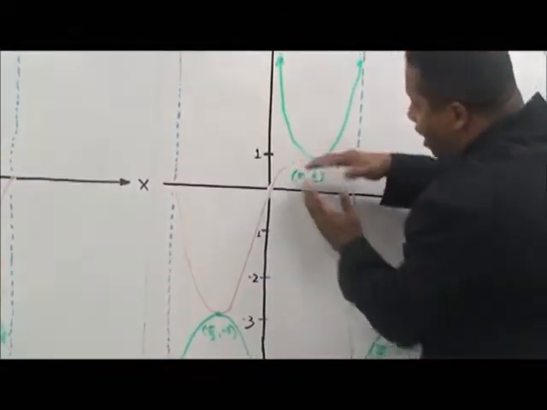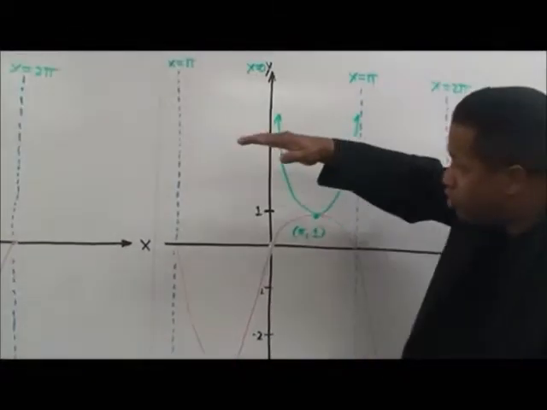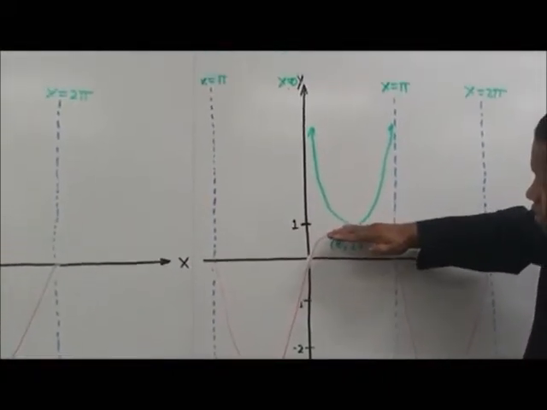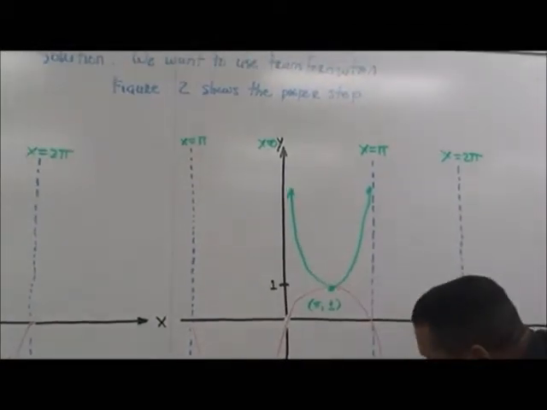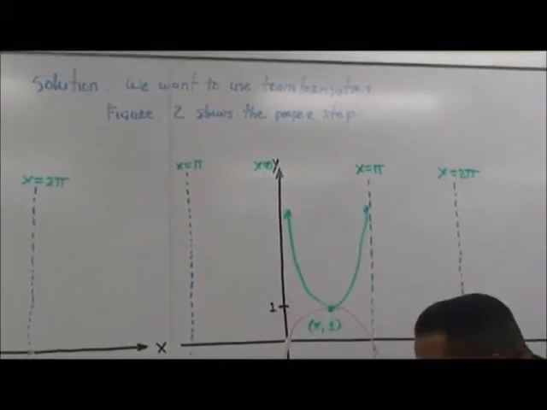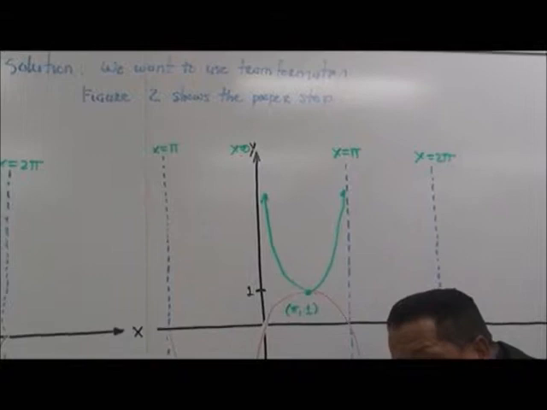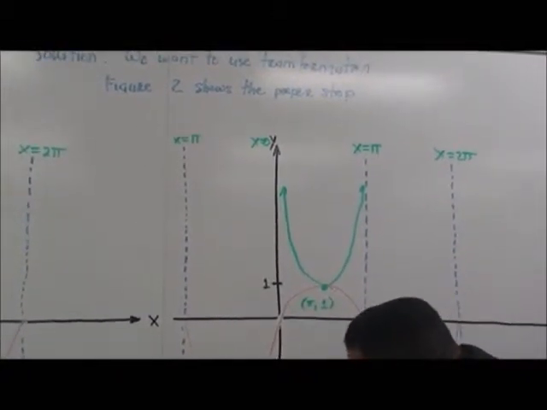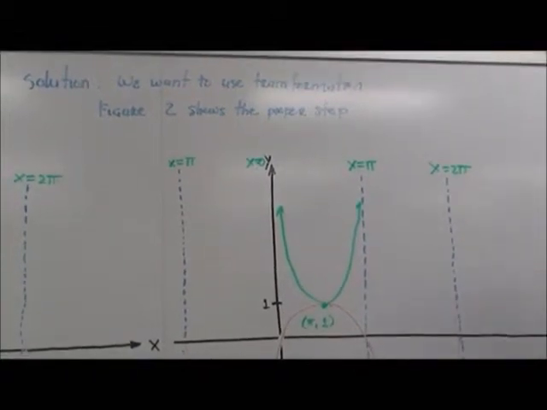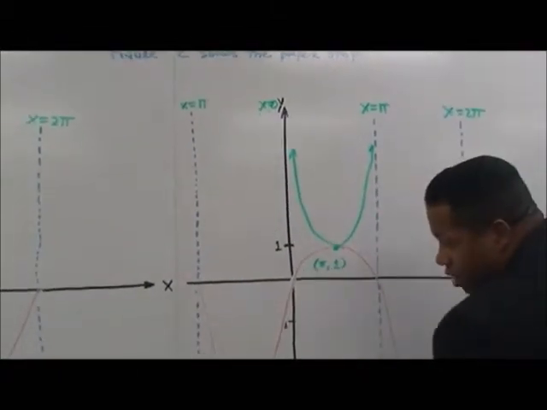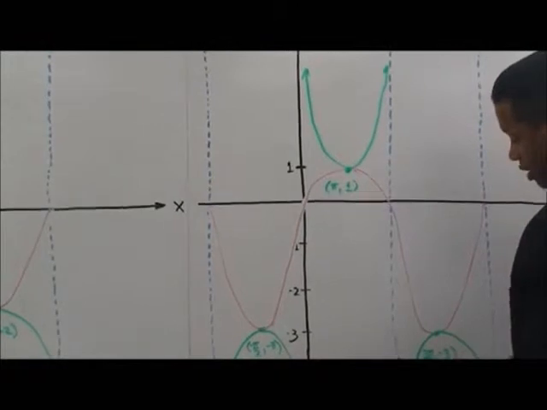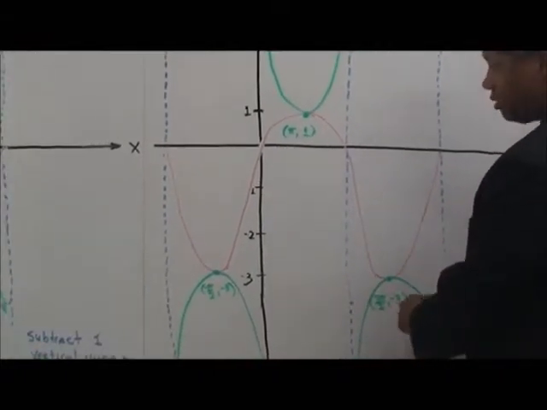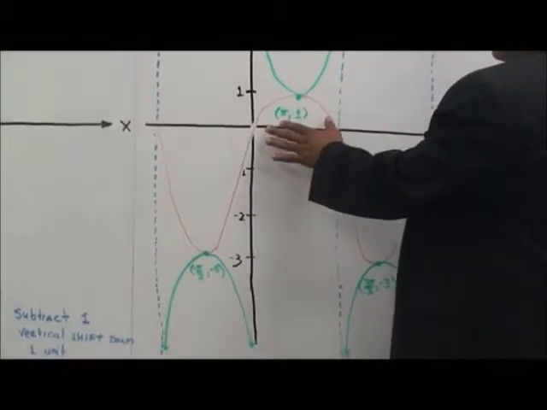So it's going to shift down some, right? Remember it was 2, and now we subtracted 1. 2 minus 1 is 1. So you're going to have a point there, and also it's going to be -2 minus 1, right? That's going to be -3. So it's shifting down. So here's your point. Your point is -pi over 2 and -3 here. That's 3 pi over 2 and -3. And you have shifting down to pi